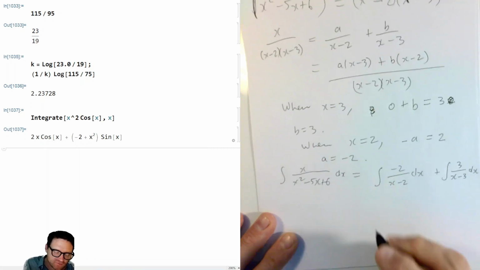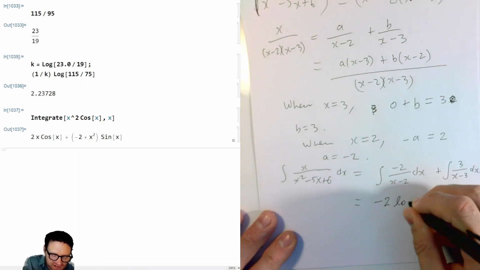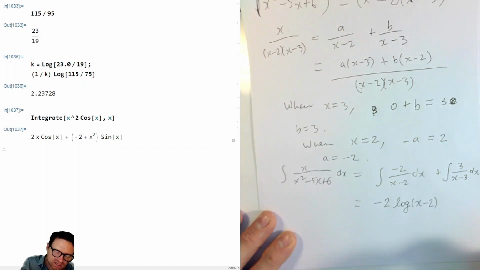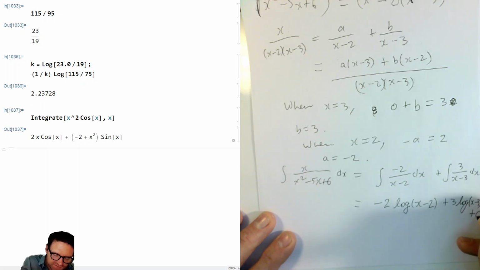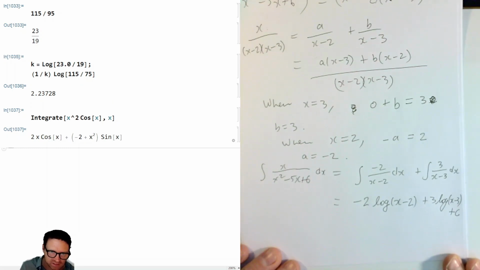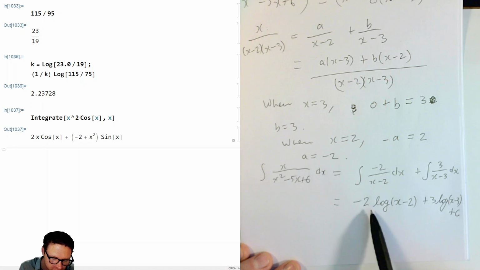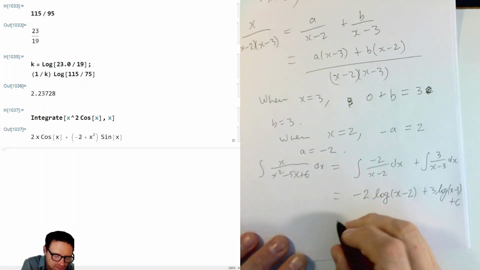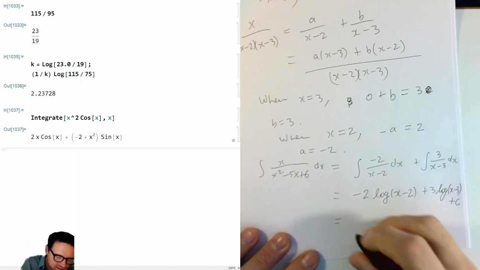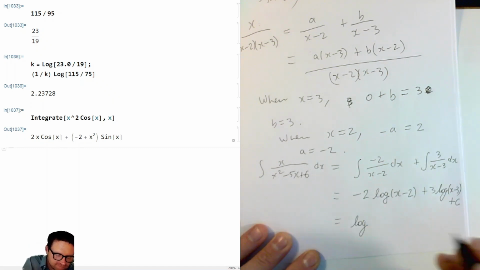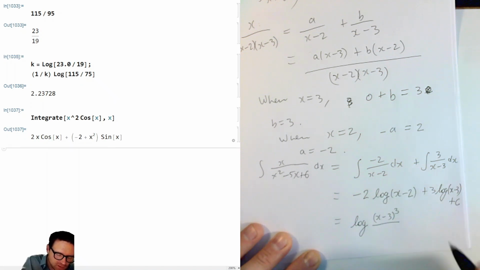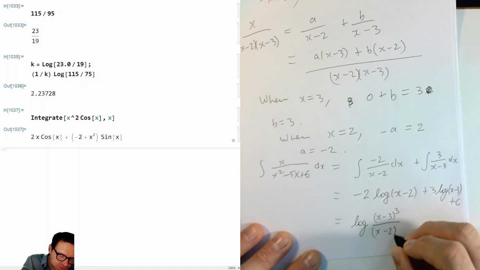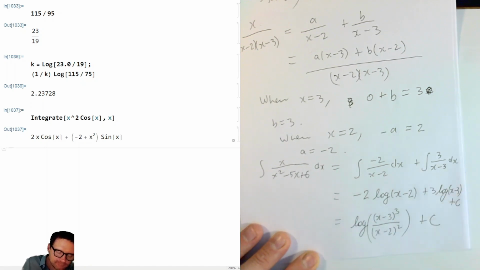We'll pull the minus 2 out in front, and we'll say this is minus 2 natural log of x minus 2, plus 3 natural log of x minus 3 plus some constant of integration. Now we can tidy this up a little bit. We can pack the 2 up into here and the 3 up into here and say that this is log of the quotient (x minus 3) cubed over (x minus 2) squared. Okay,